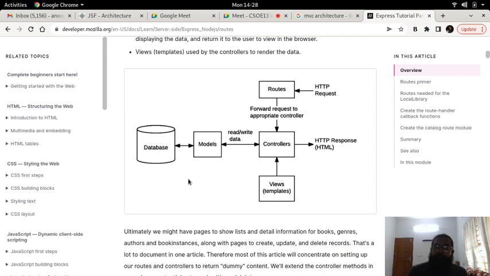Now what happens is that it will generate an HTML document, I'm sorry, based on all the information that it has taken from the models and based on the view that has been defined for that particular application. All of these things are put together by the controller and sent as HTML through an HTTP response back to the client, and that is how we will see the whole thing.